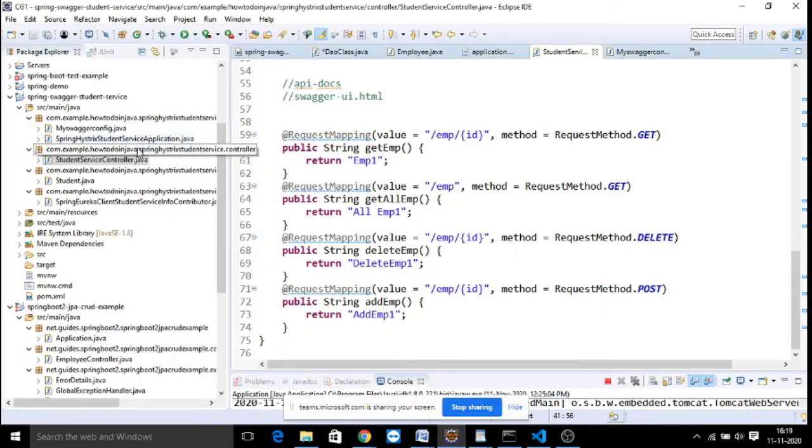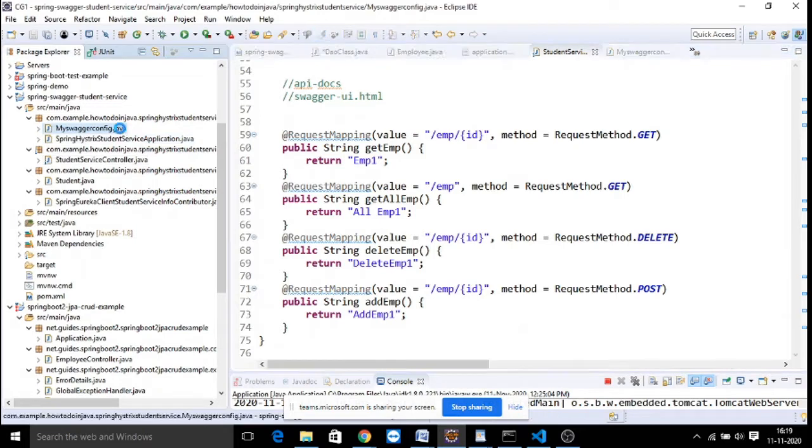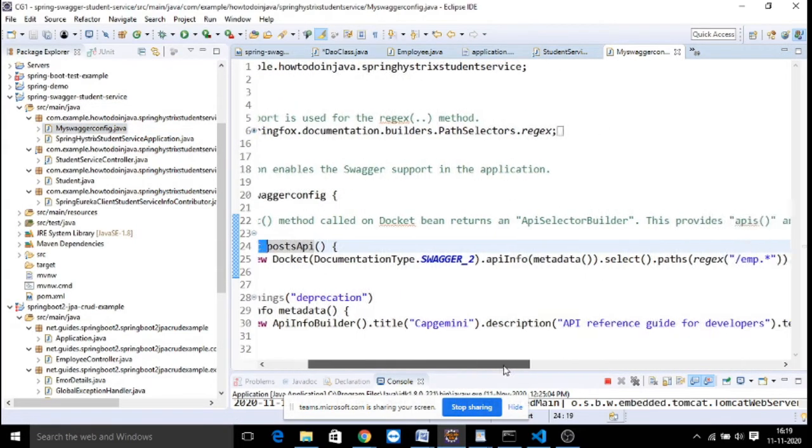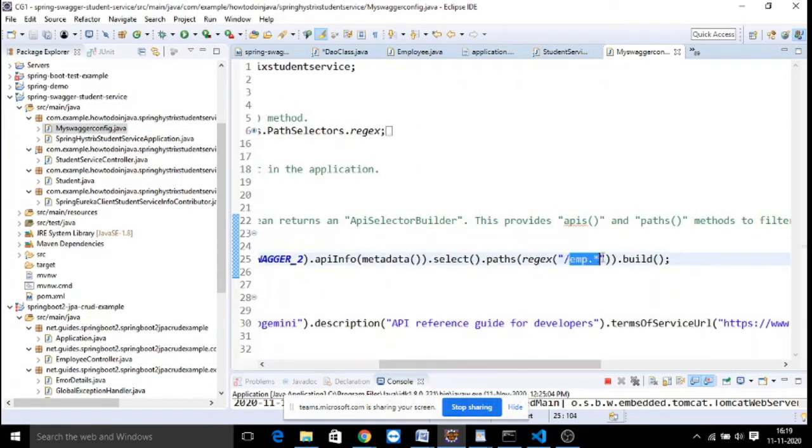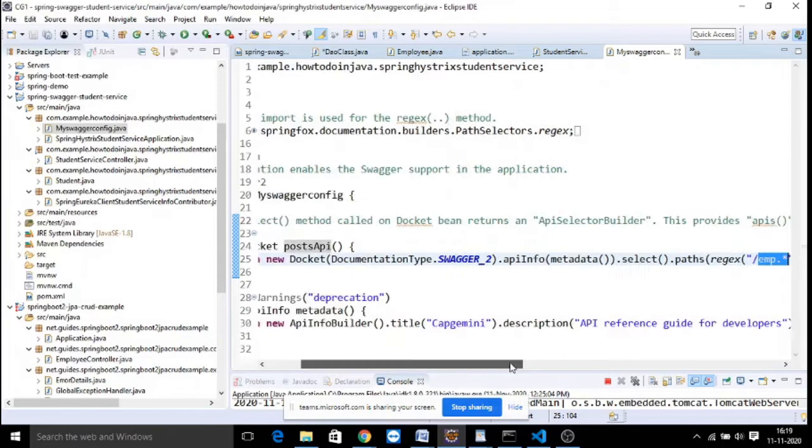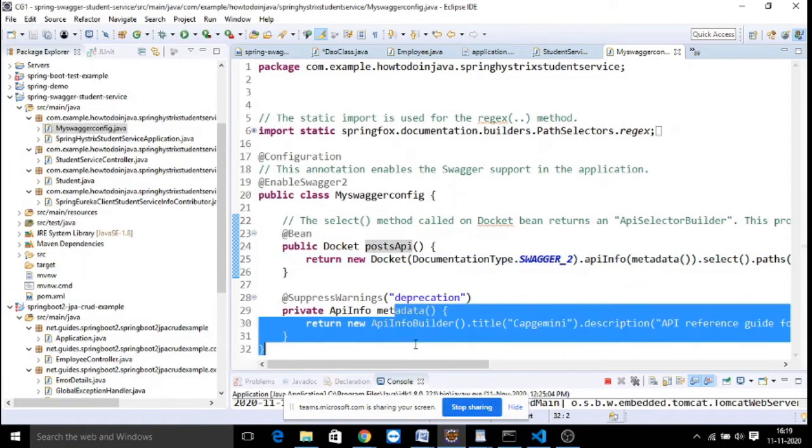So in our Swagger configuration file, we need to provide that expression: emp.start. Any URL starting with emp, you want to generate the documentation for. Second is metadata information.